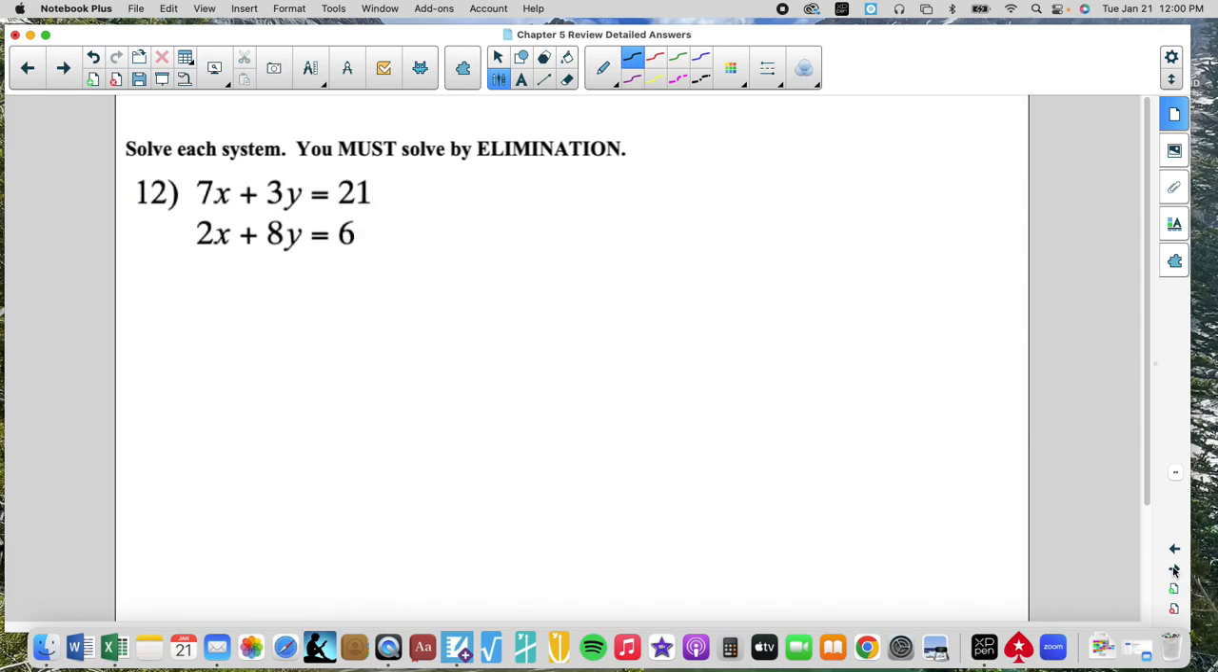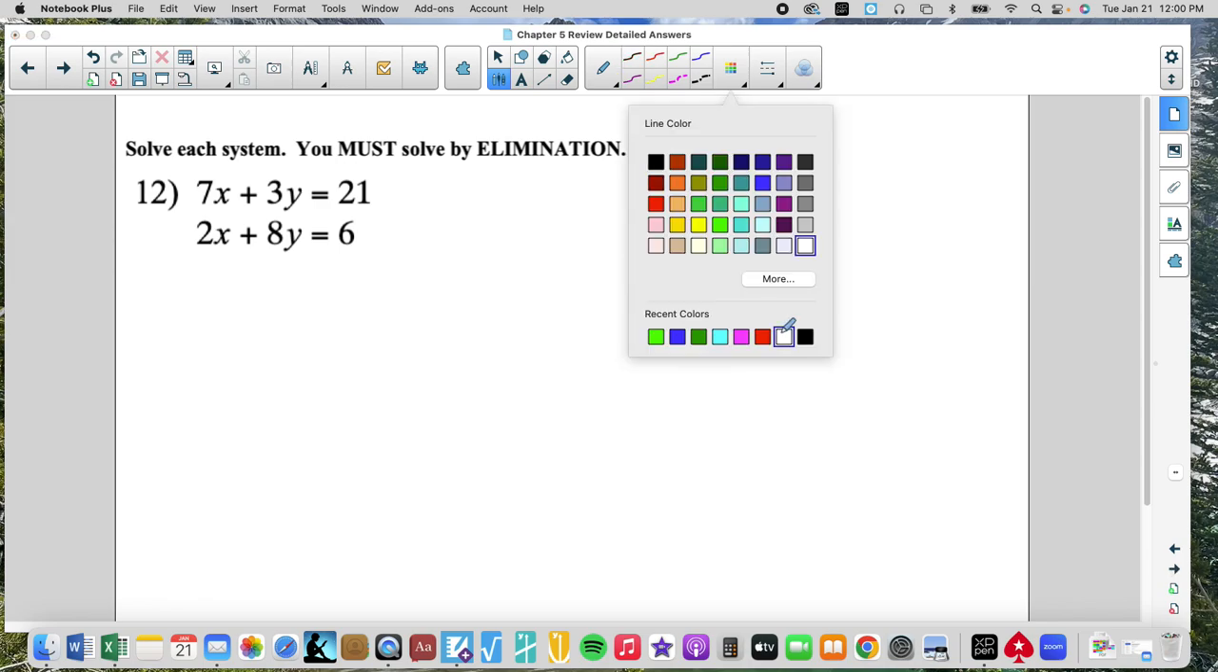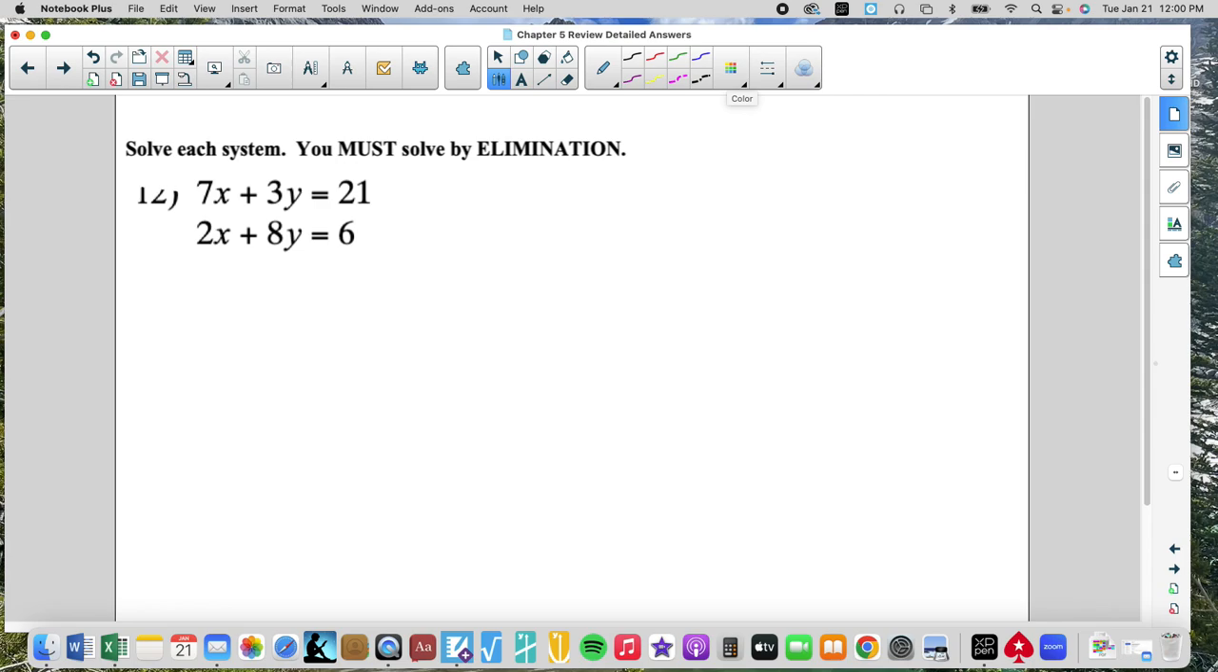Again, we're going to pick a variable. So let's get rid of the y's. We want to find a common multiple. So 3 and 8, 24. If I multiply the top by 8 and the bottom by negative 3, that will give opposite coefficients for my y variable. So I'm going to multiply everything by 8, which is 56x plus